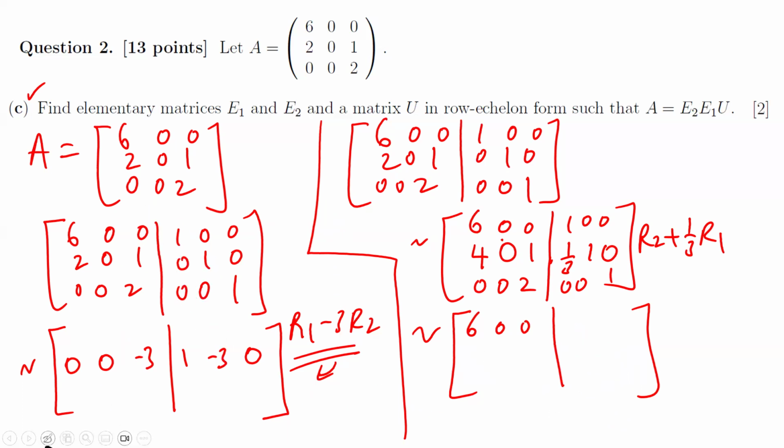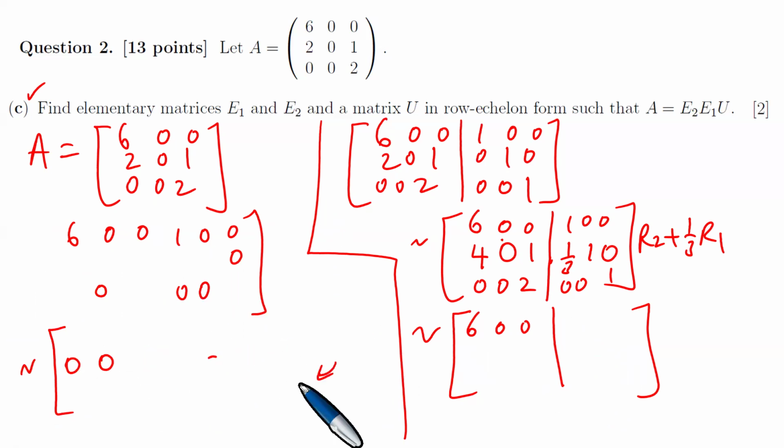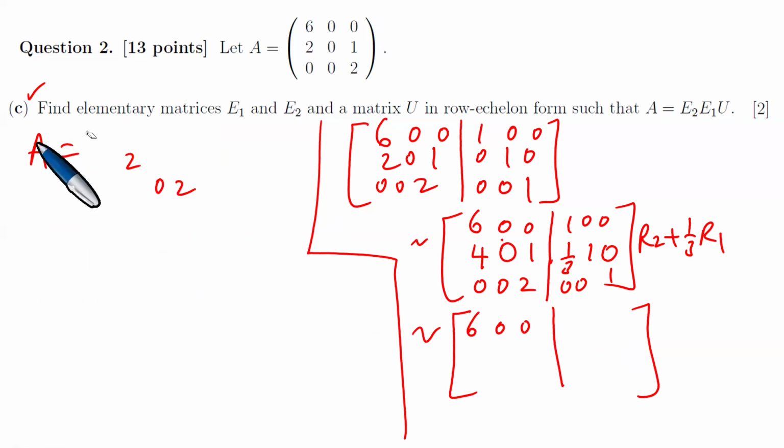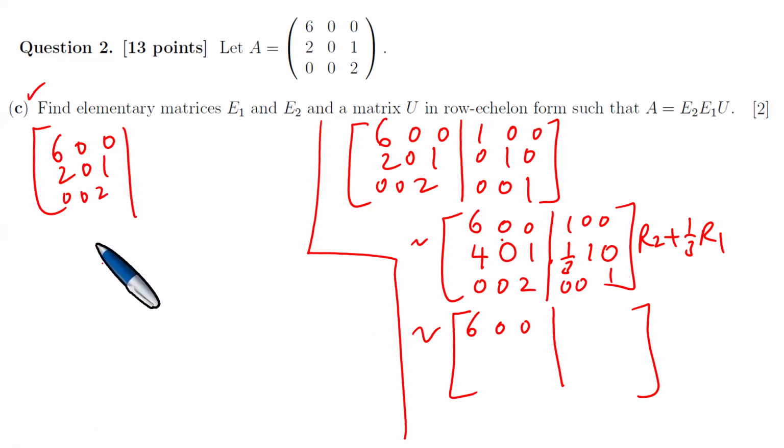Let me just remove this here. There's something I'm trying to achieve. So keep that elementary matrix, the one we just achieved, and now we're going to perform another row operation here. If we take the same matrix A, 6, 0, 0, 2, 0, 1, 0, 0, 2, let's put the identity matrix here,